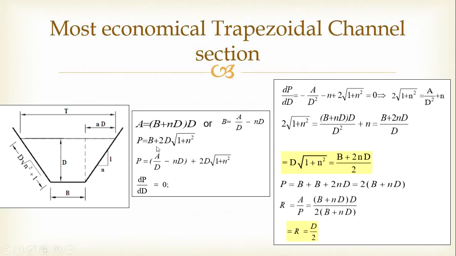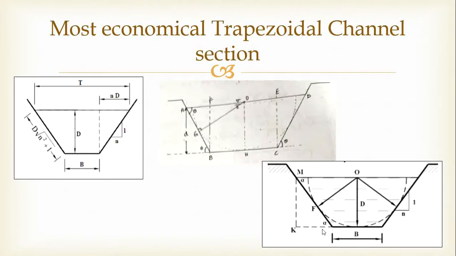Again, when I substitute back into the perimeter, I will get the area, and the hydraulic mean depth, on simplification, as half of the depth of flow. And one more criterion is there, not only these two. I will consider a point at the center of the channel section. I will start drawing a semicircle. I will join these points, and I am going to find the value of this OG, or in this case OF. If I draw a semicircle, what is the radius, we are going to find out.